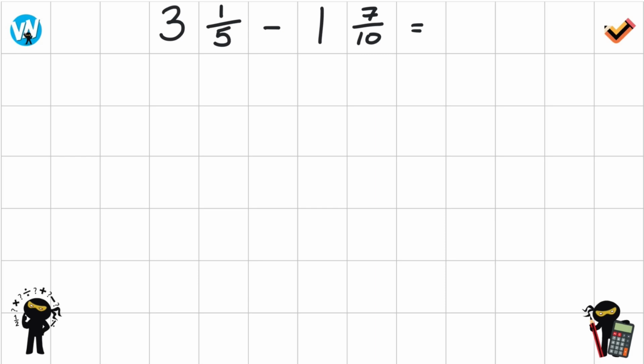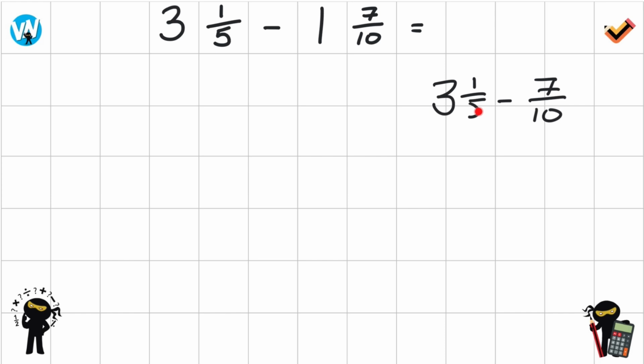So with subtracting fractions, we need to be aware of some different approaches, because we can't always just subtract this number from this number. It does work some of the time, but sometimes the whole numbers are a problem. This question might say 3 and 1/5 take away 7/10. If we had 3 and 1/5 take away 7/10, the problem that we have here is that there's nothing to take away from the 3, okay? So in order to carry out this calculation, we need to convert this number into